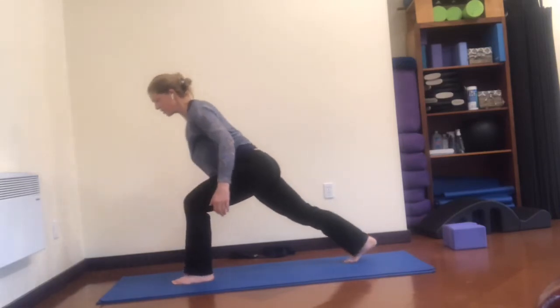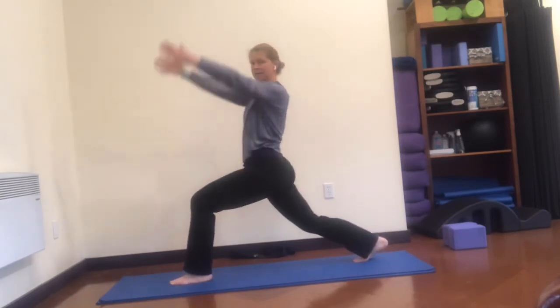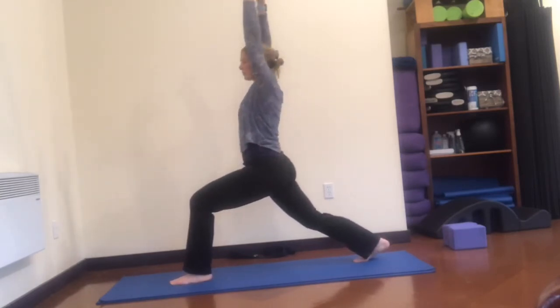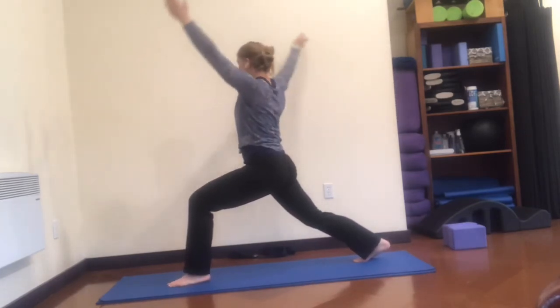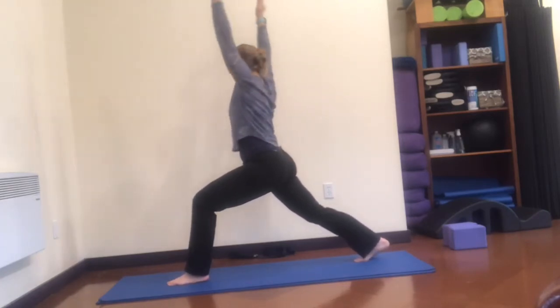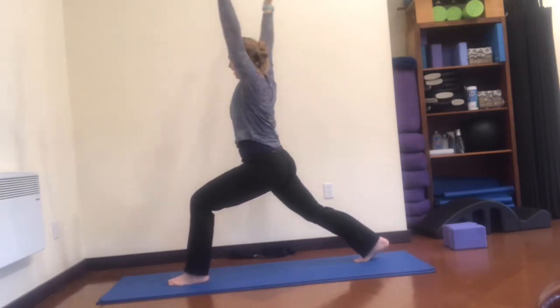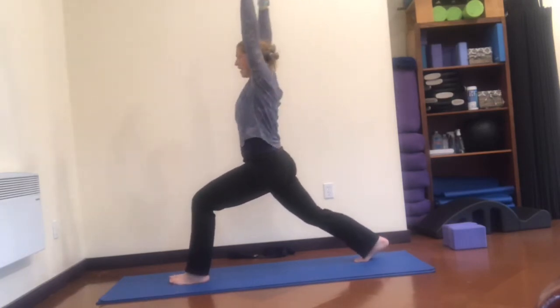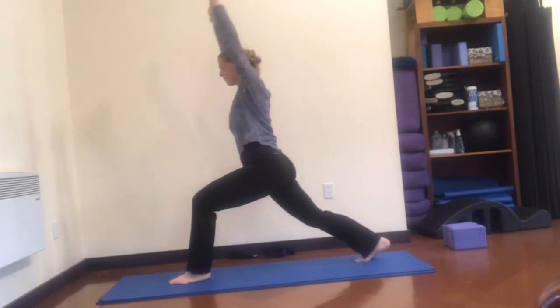And then stepping back, slow lunge, and we'll take the arms up and open up to your right. We're just spinning around the axis of the spine. Inhale up and open to your left. And inhale up and open right. You could always do this with straight legs. Come up and open left and come up and open right, come up,